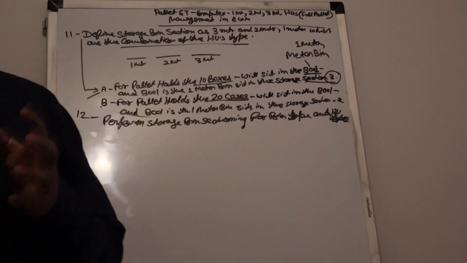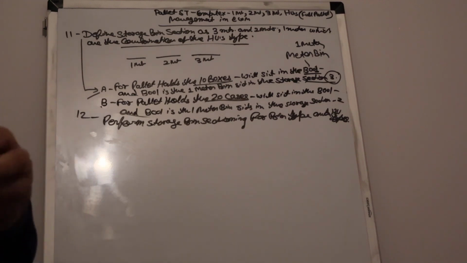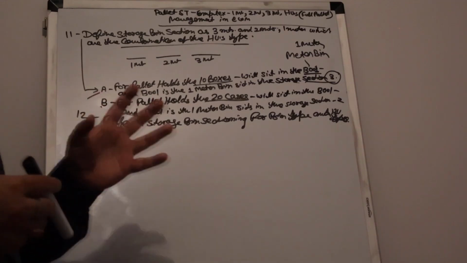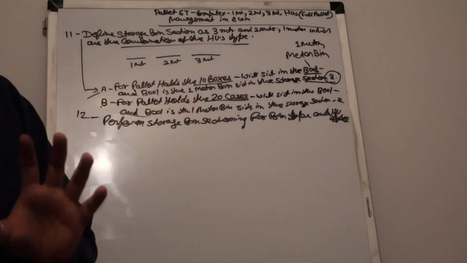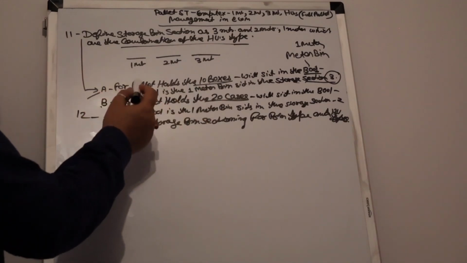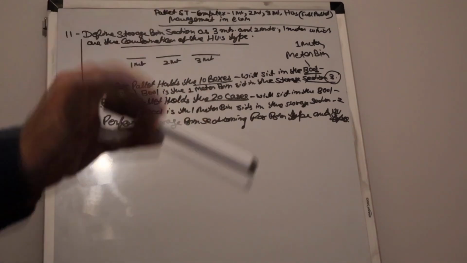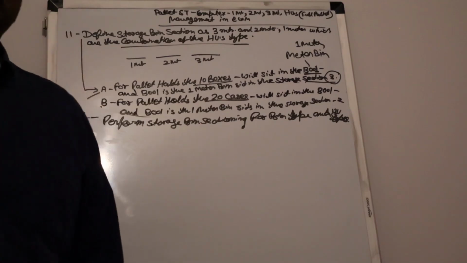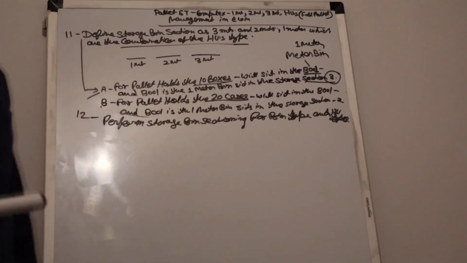Why do we need to perform storage bin sectioning for bin types? We need to tell the system that these are the sections we have, which we define here in points A and B. These are the 2 meter and 3 meter sections. These are the bins which should